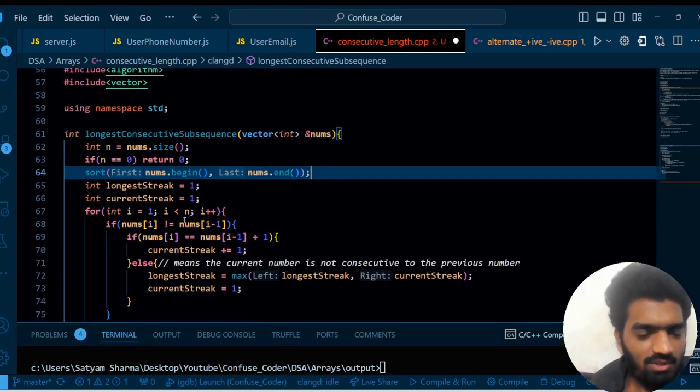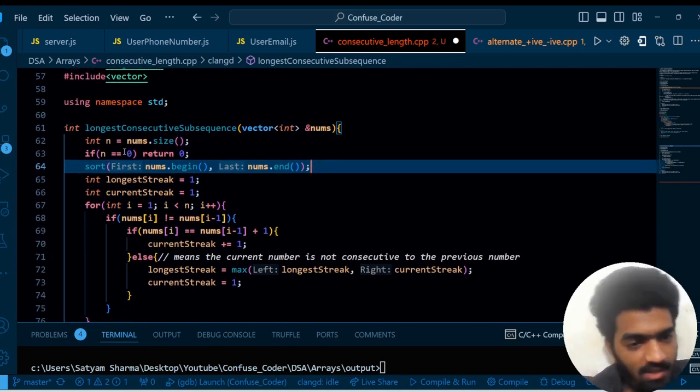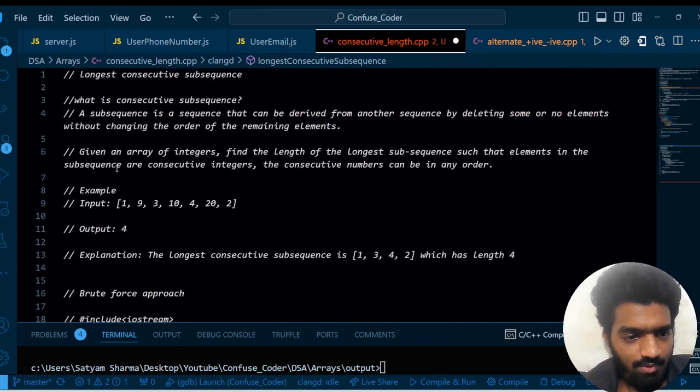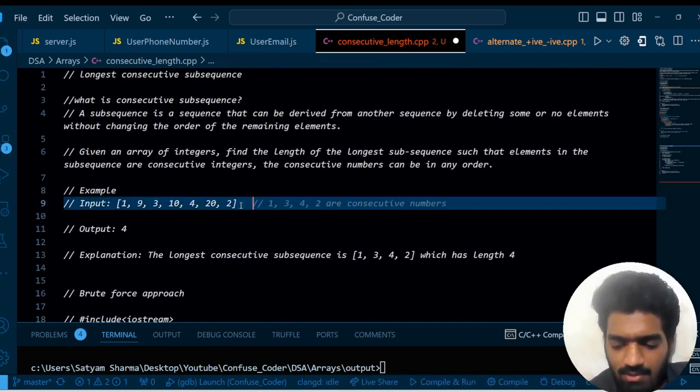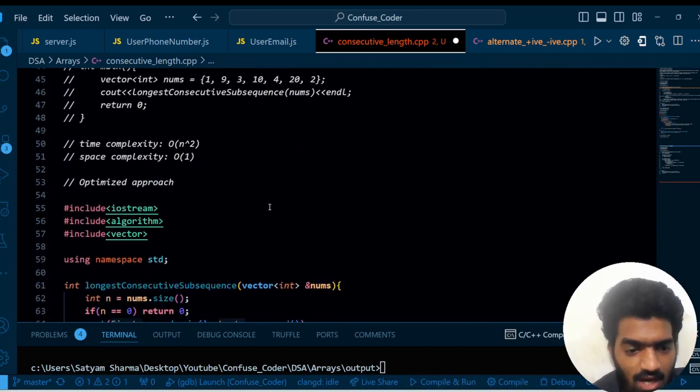So this approach is easier and better, because in this approach we are going to sort the array. So automatically it will be in order, whatever the first number is: 1, 2, 3, 4, and 90, 100, whatever the example we have taken here. See, 1, 9, 3, 10 here. So it will automatically give 1, 2, 3, 4, and 9 and 20 by using the sort method. Okay, after sorting